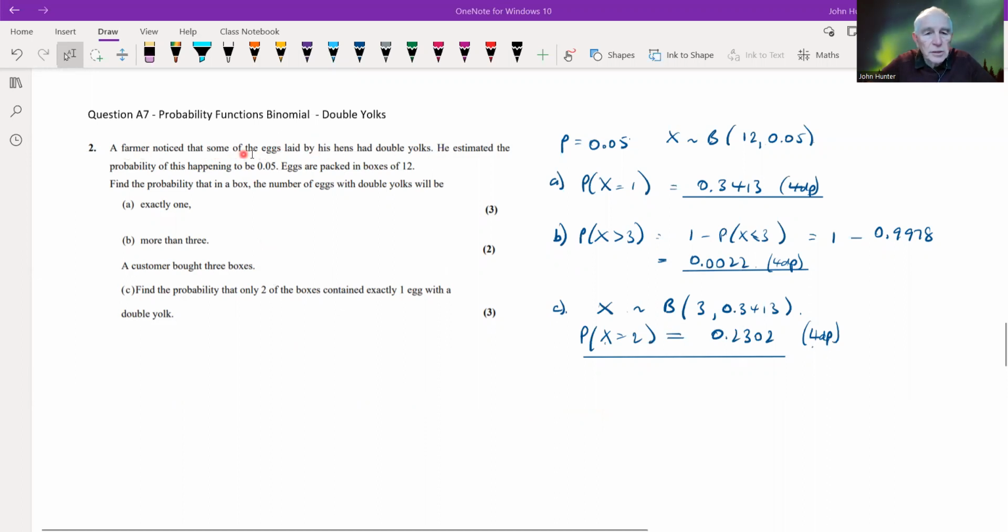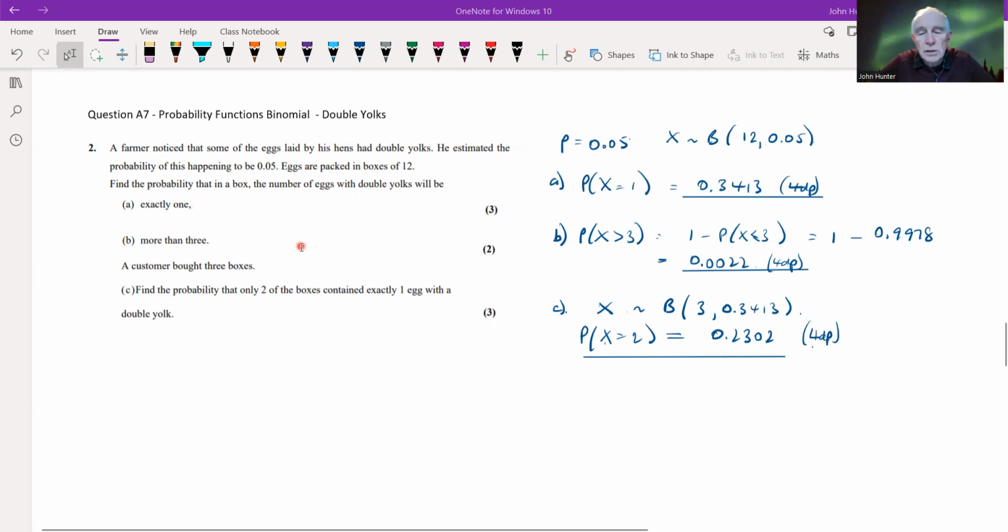A farmer noticed that some of the eggs laid by his hens had double yolks. He estimated the probability of this happening to be 0.05. So that means for any one particular egg, the probability of it having a double yolk is 0.05. So eggs are packed in boxes of 12. Find the probability that in a box the number of eggs with double yolks will be, first of all, exactly